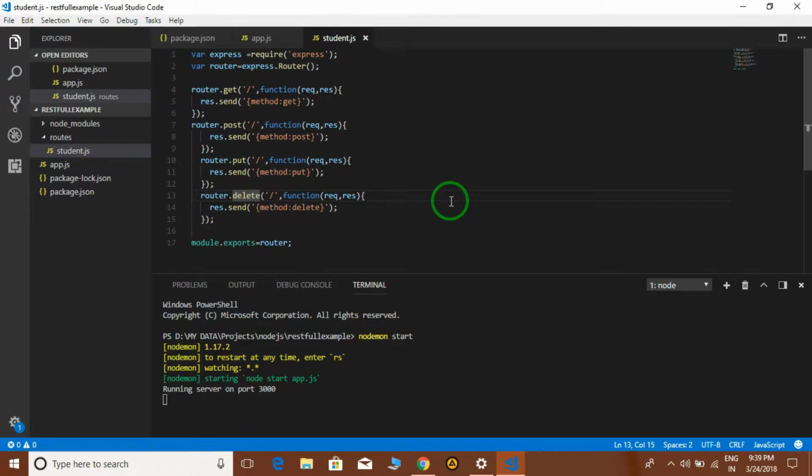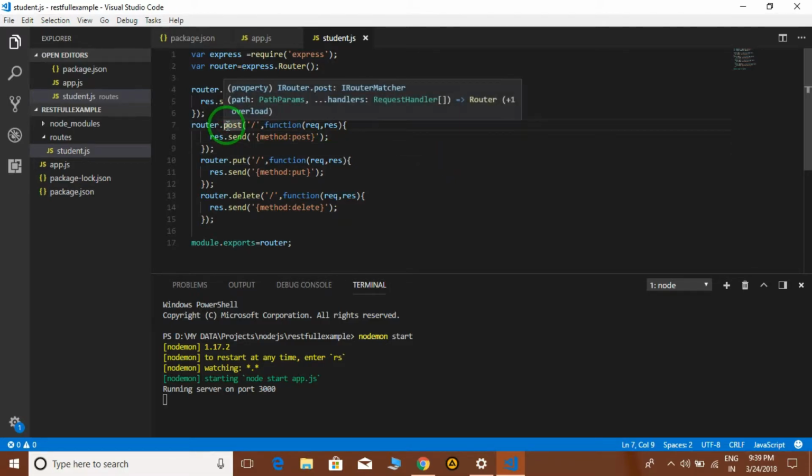So for handling these kinds of requests, we need an interface. Means if you want to handle the POST request, then we need an HTML form. By feeding information in the HTML form, we send the data to this particular request on the POST method.